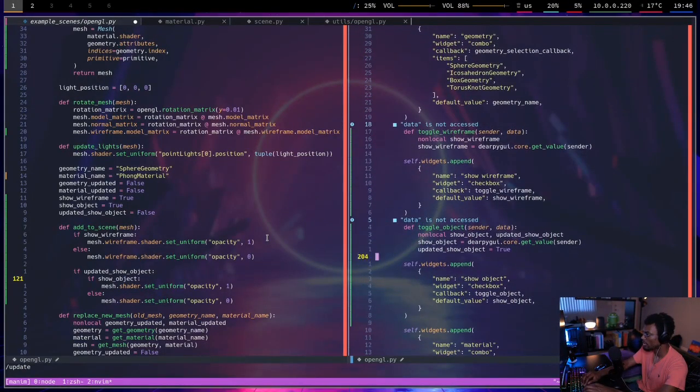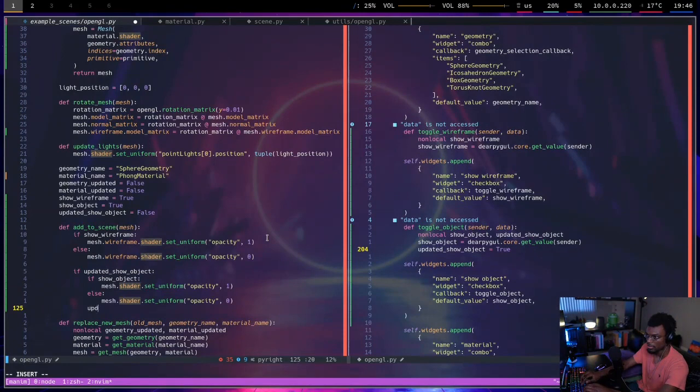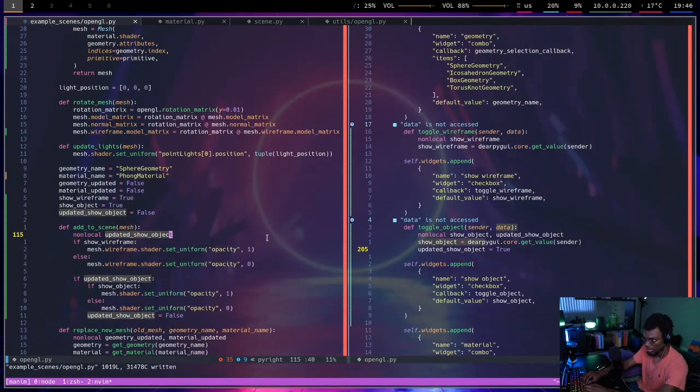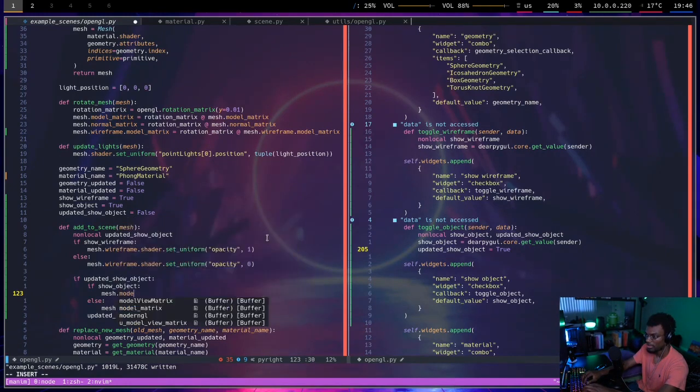Where's it? Toggle object. Okay, so this always sets update prompted show object. So I'll do this, then I'll set it to false. And when this is updated, I'll translate it off the screen, I guess. So I'll say mesh.model. Wait, yeah, mesh.model